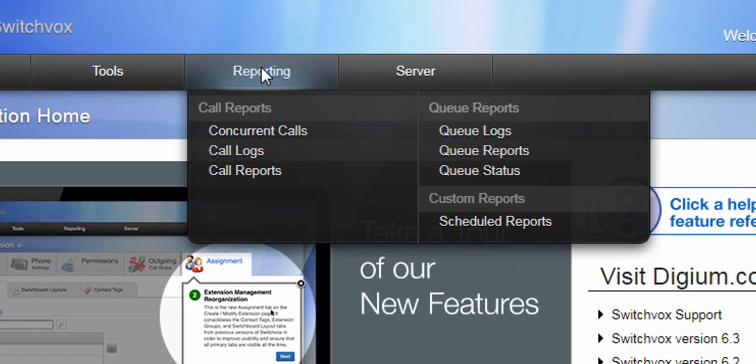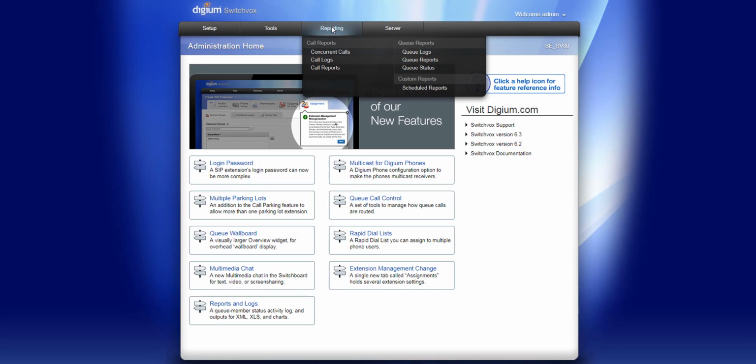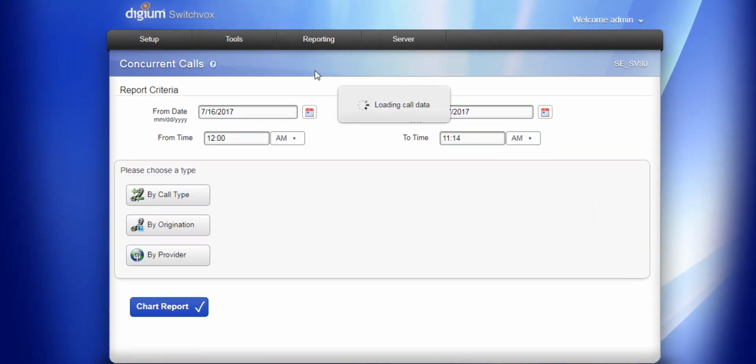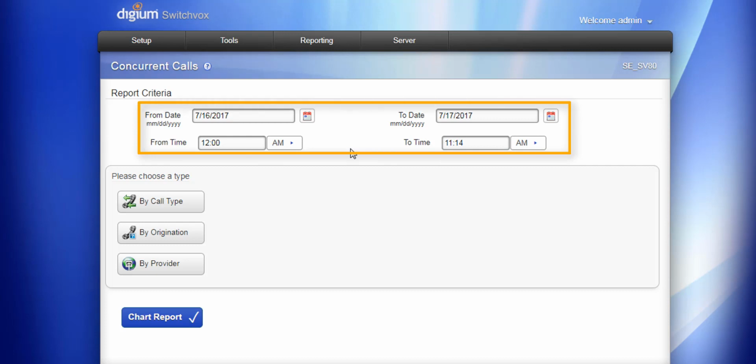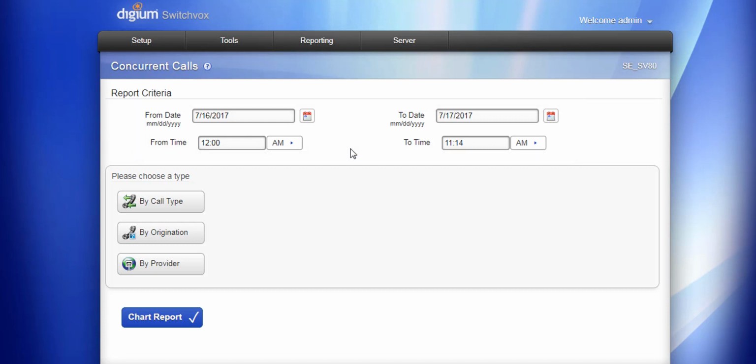In the first topic, Call Reports, we will explain and give examples of concurrent calls, call logs, and call reports. Call reports, concurrent calls. The concurrent calls report displays the total number of simultaneous calls over a date and time range that you define. First, specify the reporting period by indicating the from and to dates and the from and